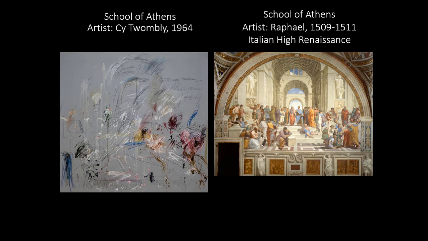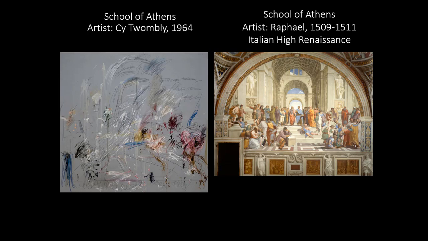So I think this is a pretty sound strategy if you want to approach this in a similar way as well: when I discuss Raphael's School of Athens, which I'm really just doing to provide a context for Twombly's work, I'm going to focus on the aspects of Raphael's piece that relate to